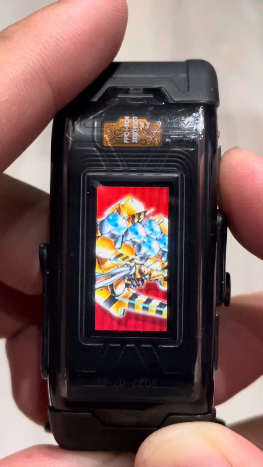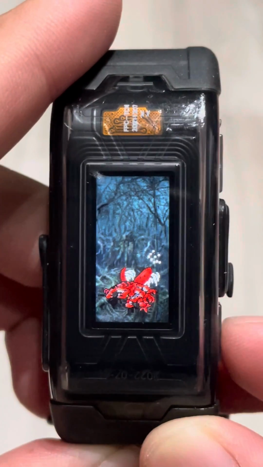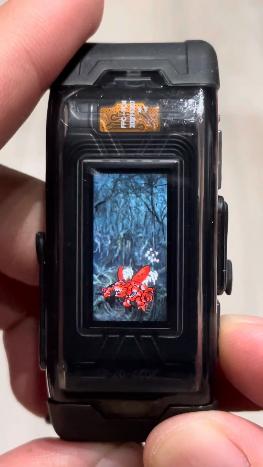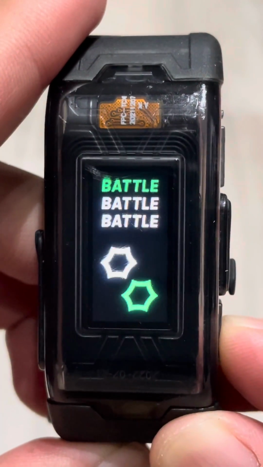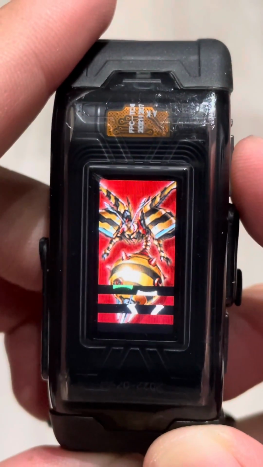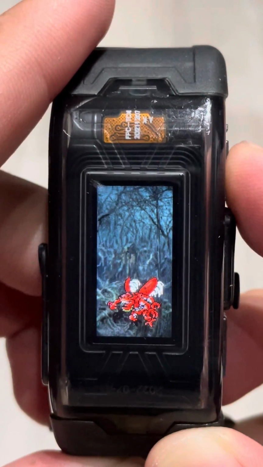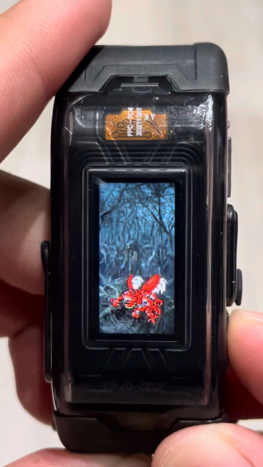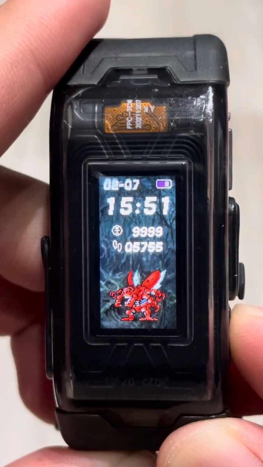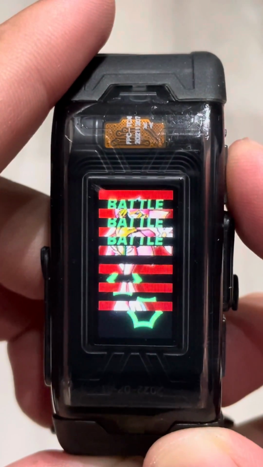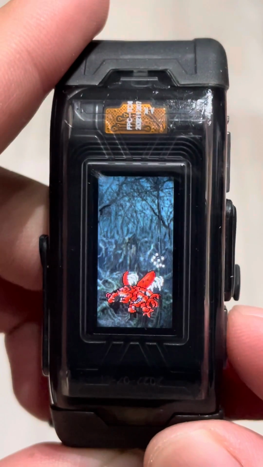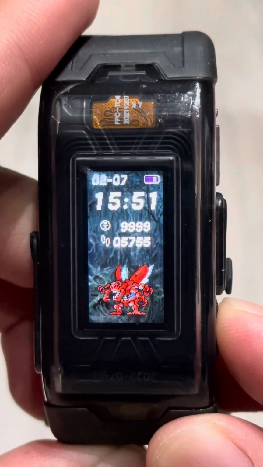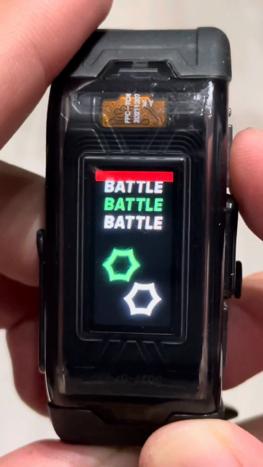He needs to win some battles. Oh no, he's not gonna win this. This is champion against ultimate. And it's virus against virus, so there's no advantage there. Let's look for a data type enemy. This is both champions, but I think they're both virus, and I think Kuwagamon has slightly lower stats. Alright, this is nice. Oh, but that's ultimate level. We can't fight ultimate. We need Sunflowermon or Lalamon.